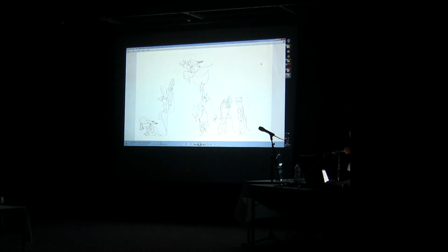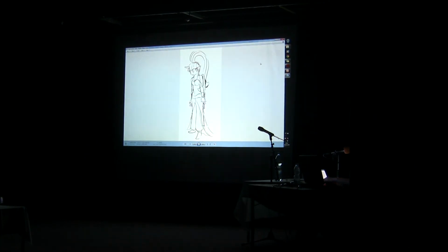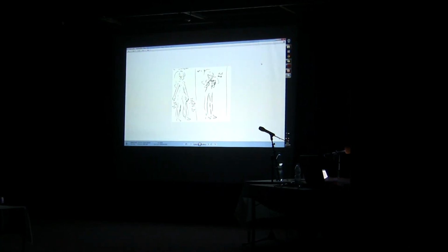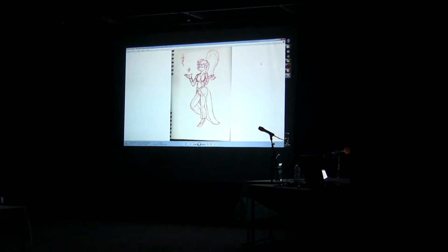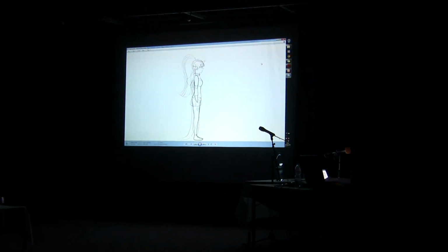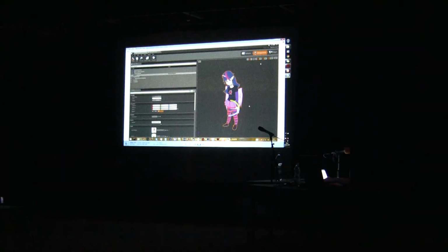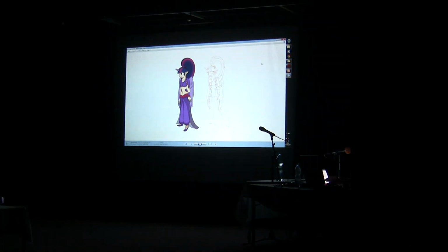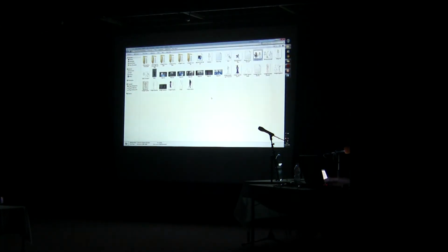This is the concept art for one animation, for the jump animation of Twilight. She's so naked. Yes. She looks like a Jasmine from